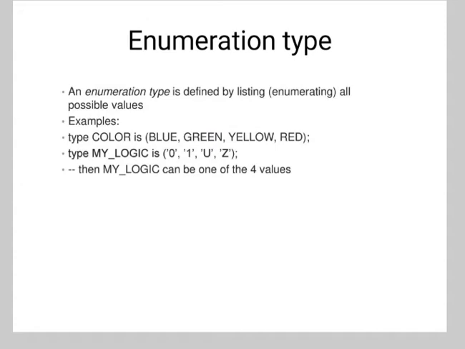Each value of a physical type has a position number, that is an integer value, and the range specified at the beginning of the physical type defines the minimum and maximum value of the given quantity. The VHDL standard predefines only one physical type, that is time, which is defined in its standard package. The base unit is fs, that is a femtosecond. Physical types are not synthesizable. As a result, delays of signal assignment are not synthesizable.